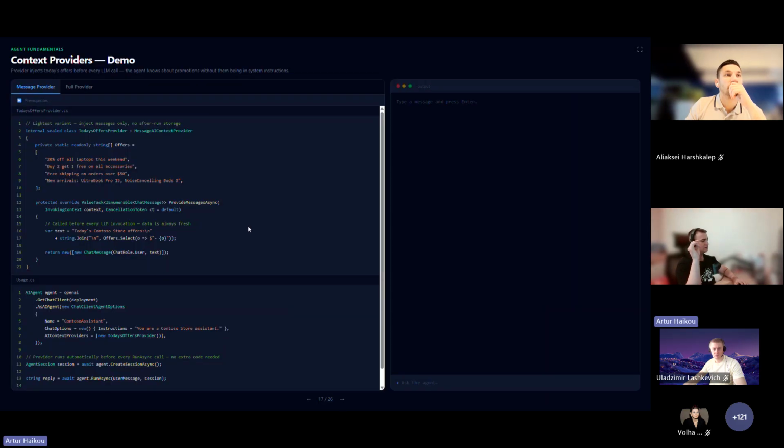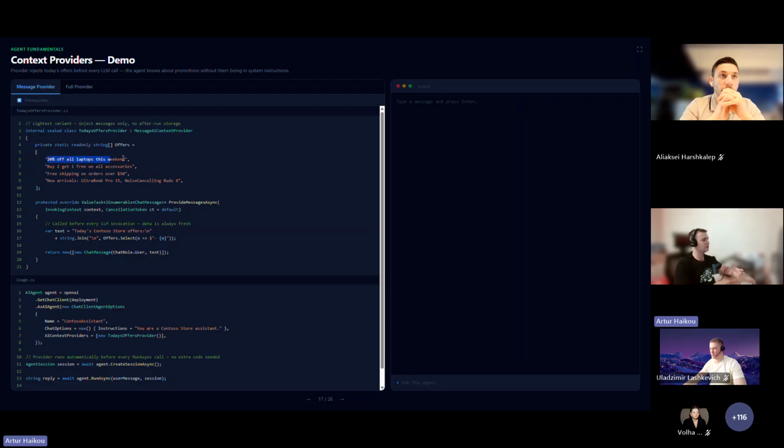And here's an example. For instance, we would like to extend our call to LLM with some today's offers for a specific user. As you can see in the instruction, we do not have any information about today's offers because it's live information, and every day we have different offers. And for this purpose, we have today's offers provider that is responsible for substituting additional information into our context to LLM.